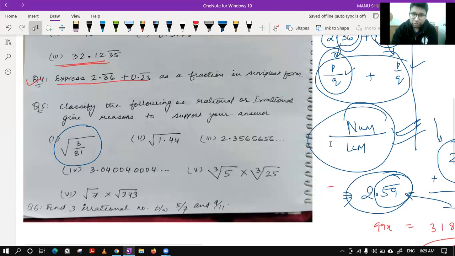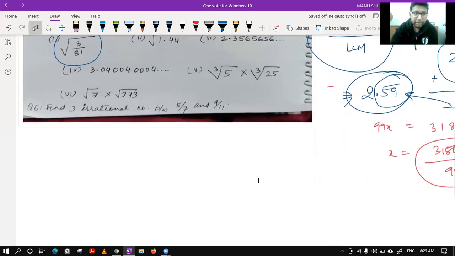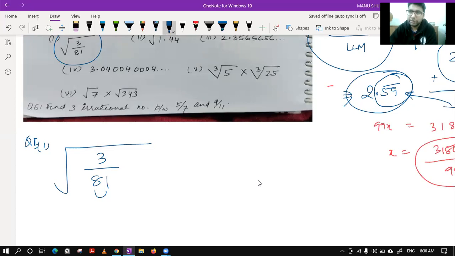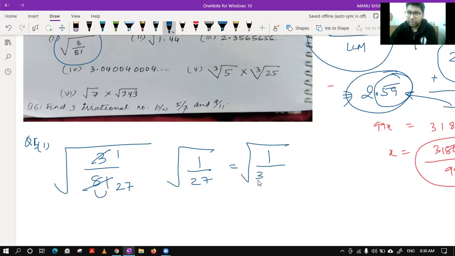Okay. First, without any hurry, we will see, can we simplify the question? So you will see that 8 plus 1 is 9, so yes, we can simplify this. 3 ones are 3, 3 twos are 6, 3 sevens are 21. So we have got 1 upon 27 under root. Now if you write 27 in the prime factorization form, you will get 3 into 3 into 3. In that, only one pair will come out. The answer will be 1 upon 3 times root 3.